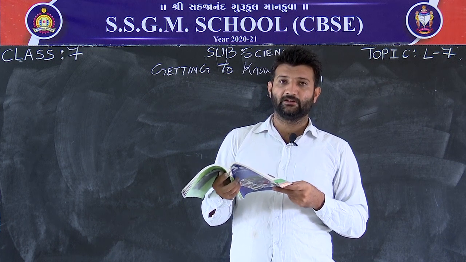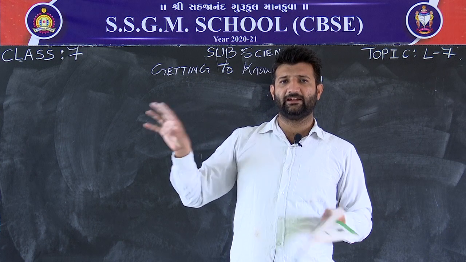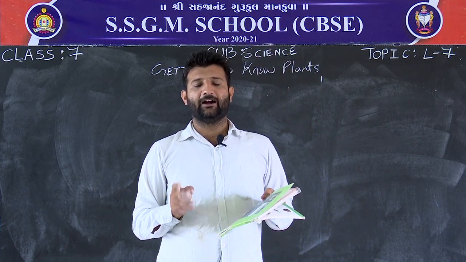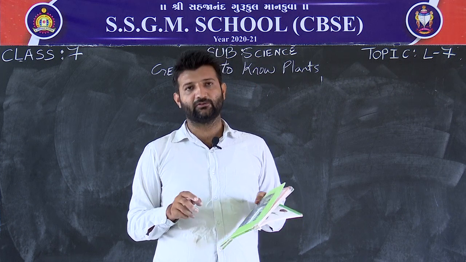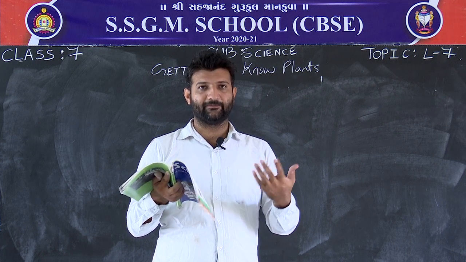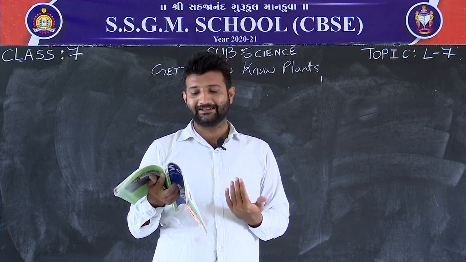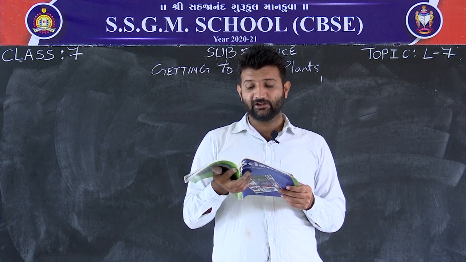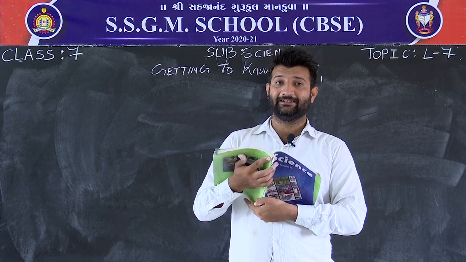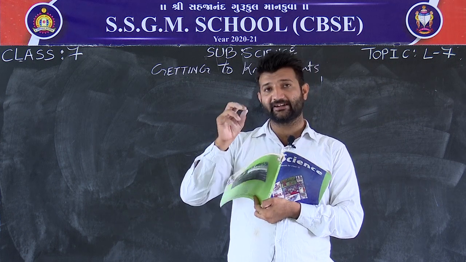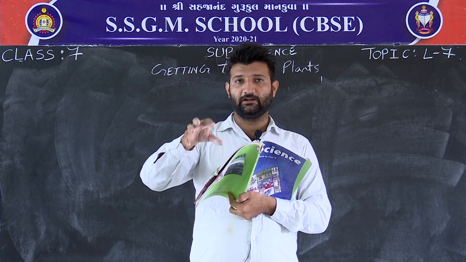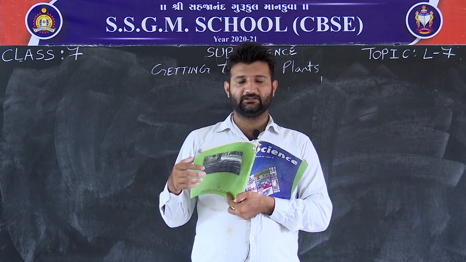What do you see? Let it be put there in the sun for some time, 10 to 15 minutes or 30 minutes. After 30 minutes, what will you observe? You have to observe the 2 polythene bags. What will you observe? They are asking us: are there any droplets of water in any of the bags? They are asking us whether there are any water drops in either of the 2 polythene bags, one in which we enclosed the leafy branch and one with nothing in it.